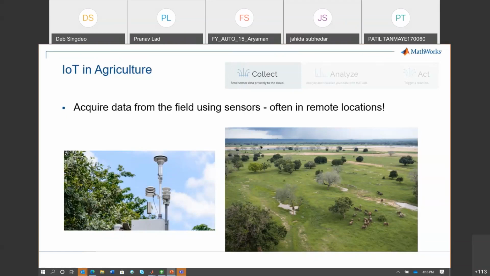So if the soil moisture at a certain location is less, chances are that I might need to water that particular place. So I will have a sort of alert that comes in that the soil moisture at that particular location is very low. And there we will try to see how we can come up with an alert so that we are able to take action.